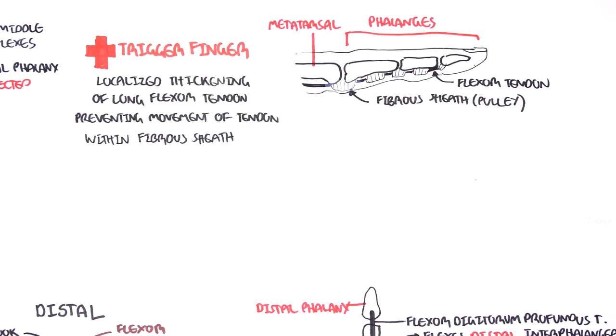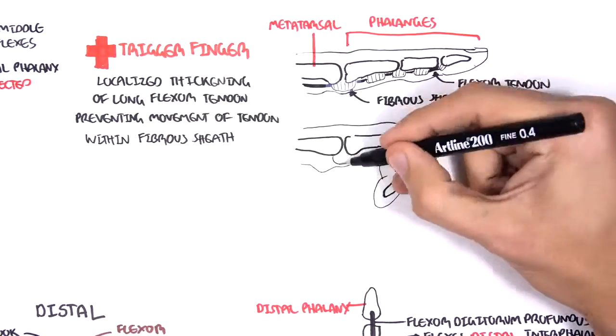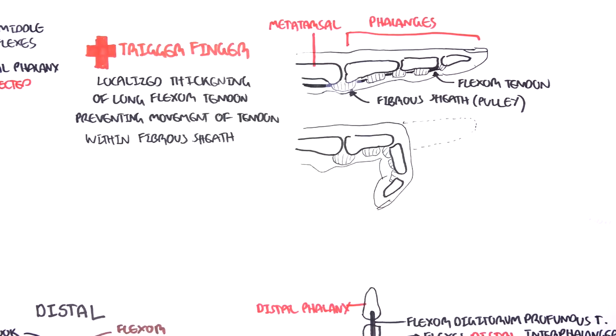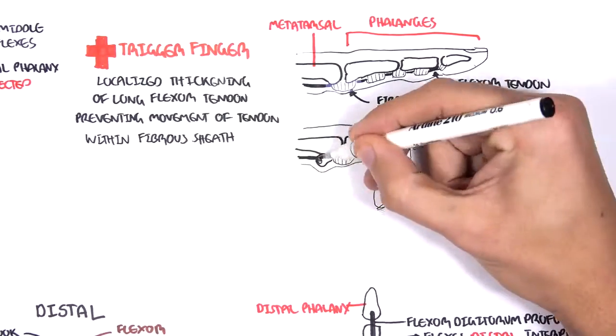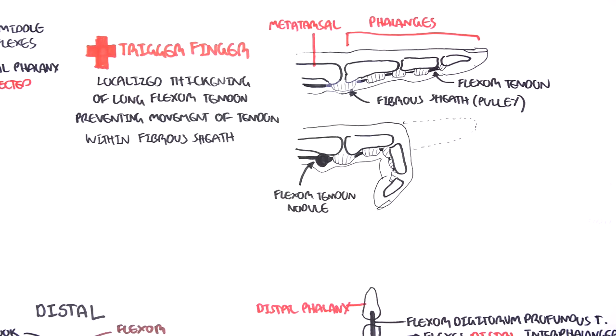A trigger finger is essentially where you have a nodule or thickening of the flexor tendon that runs under the fibrous sheath. And this causes a restrictive movement of that finger. In this case, the flexor tendon thickening or nodule is occurring in between the metacarpal bone and the proximal phalanx. This inhibits the flexion between the metacarpal and proximal interphalangeal